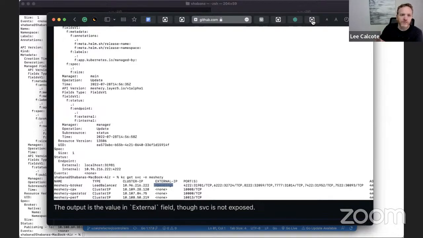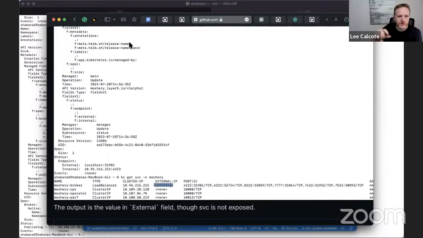One question before I potentially make some suggestions. Are you aware of the behavior in Meshery today? If Meshery is deployed in cluster, so local to the broker, do you know if Meshery will use the internal IP address, or will it continue to just always use the external IP address? No, I'm not sure about that.